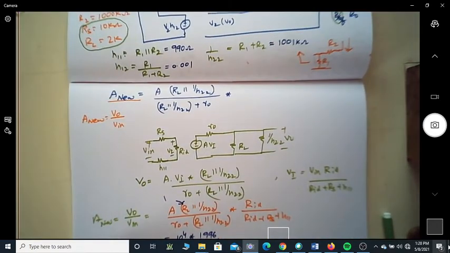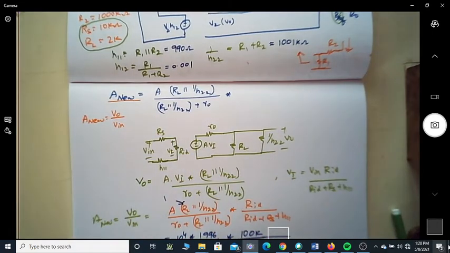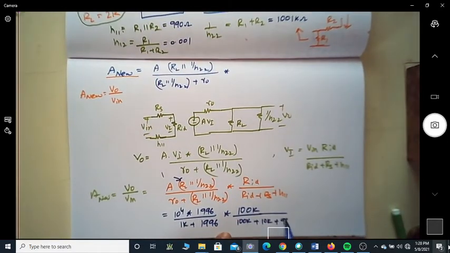It is 1K plus 1996, multiplied by RID, which is 100K, divided by 100K plus RS, which is 10 kilo ohm, plus H11, which is 990 ohms. Upon simplifying this, we will get it as 6002, which you can write as almost